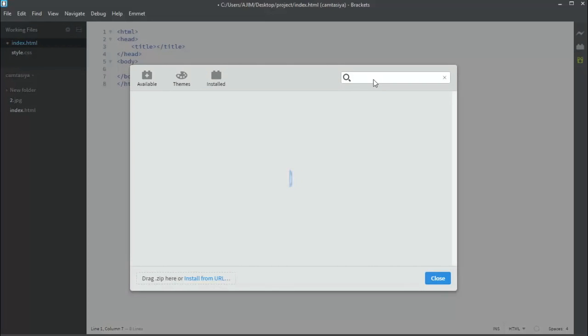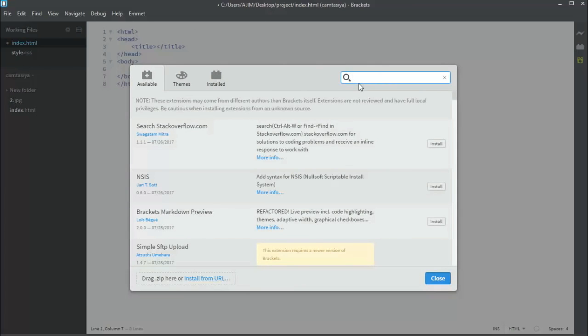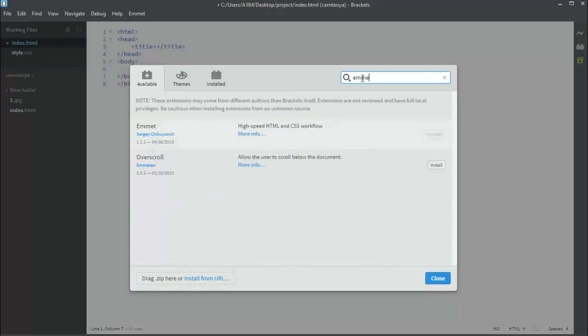So I'll be showing you just next. Firstly, after loading it. Okay. So you can search the Emmet plugin, and after searching you can install that easily. So you can see finally all the data have been loaded beautifully. Now I'm coming to this search panel here and typing Emmet. Okay, you can see it's showing up right here, Emmet.